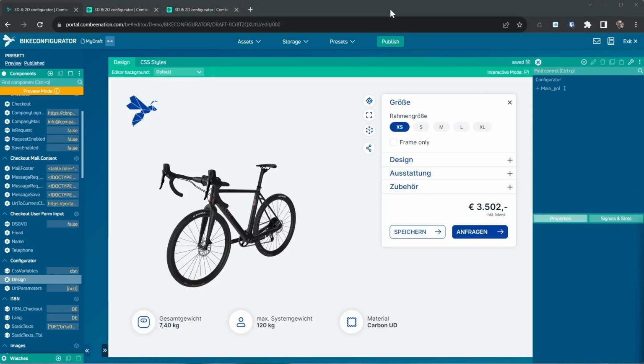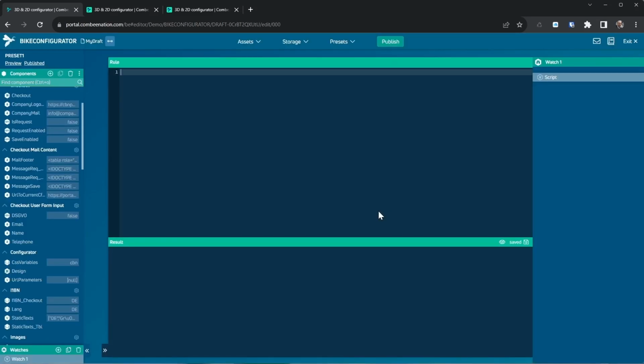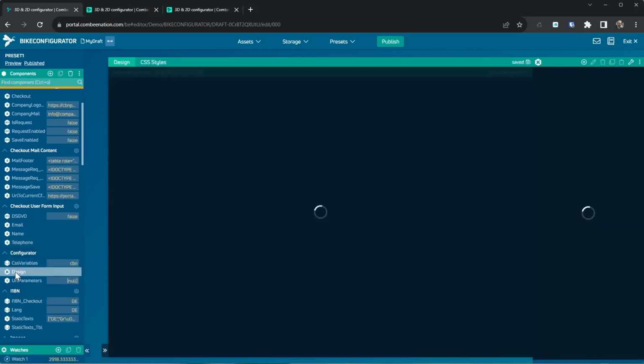But what if you want to monitor a value that you just want to calculate right away? For this, there are watches. Watches are sort of components that you can use just for debugging reasons. So I create a watch, and in here I can use any Hive script I like. For instance, I take the price and I divide it by 1.2 so that I do not use the tags. So this is the value, and when I open up the design component again,